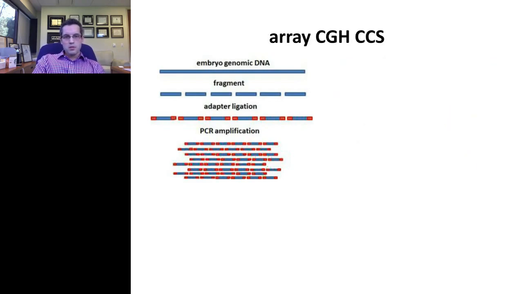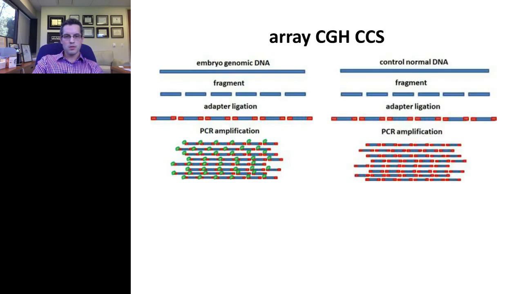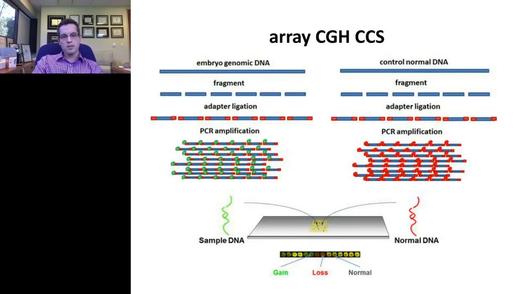Array CGH is a little bit different. So again, though, you start with whole genome amplification, and you label your embryonic DNA with one dye. You then do the same process on known normal DNA, but label it with a different dye. You then mix the samples, and they compete for hybridization to the array. So what happens is, if you have, for example, more DNA for a particular chromosome in your embryo, then that